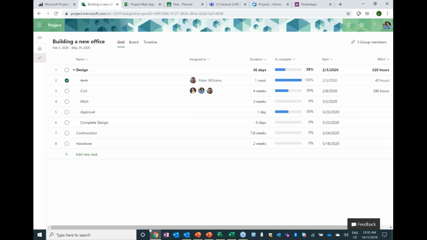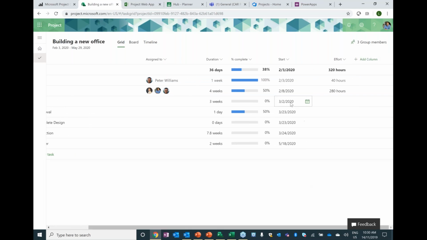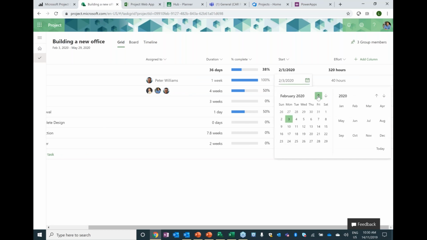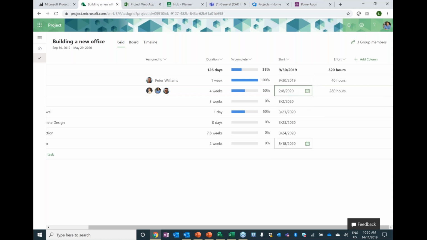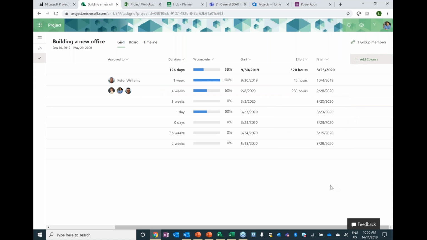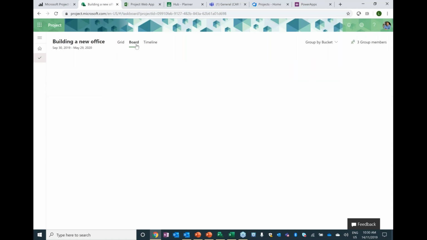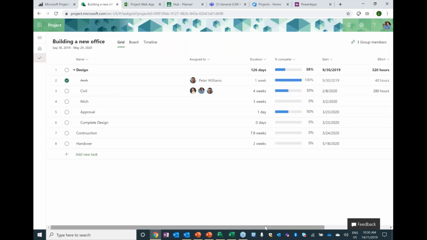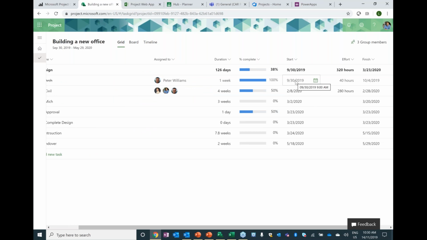So let me have, in fact, start or finish. So let's say that this was supposed to start. I don't know if it's actually going to let me. Let's say that it was supposed to start last month. In theory, and it's not doing it for some reason, but in theory, it should have turned this into red. Maybe it works only on the finish. Let me see if the finish works. No, same thing. But these cells should have been turned into red once that date has been passed. So you're supposed to start on the 30th of September 2019. You haven't. This becomes a